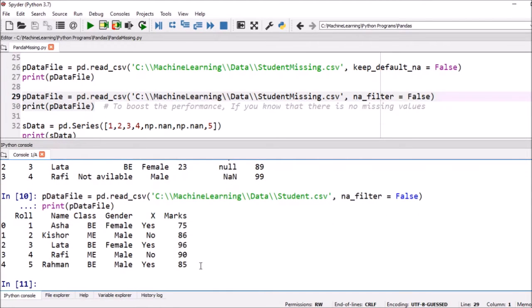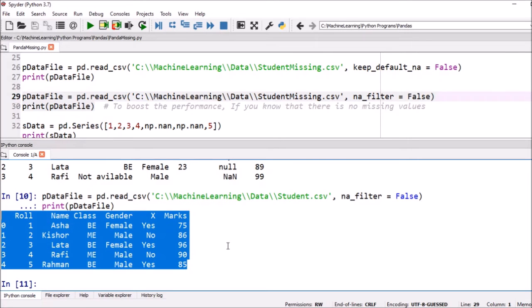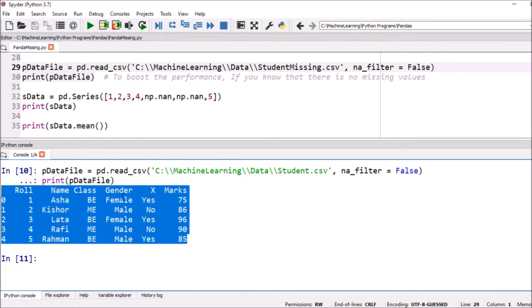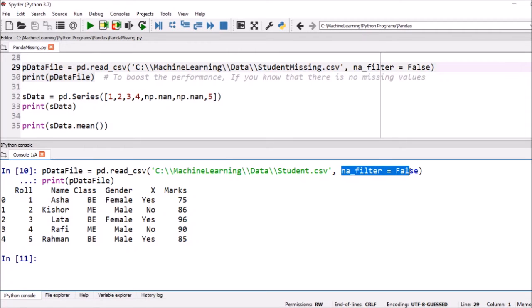Here you already know no missing values are there, so it will not check whether a missing value is there or not. We can increase the efficiency of the system. Are you getting this one? So if you already know that in this particular file there are no missing values, we can use na_filter equal to False. That means pandas will not check whether missing values are there or not. So definitely in this way we can increase the efficiency.